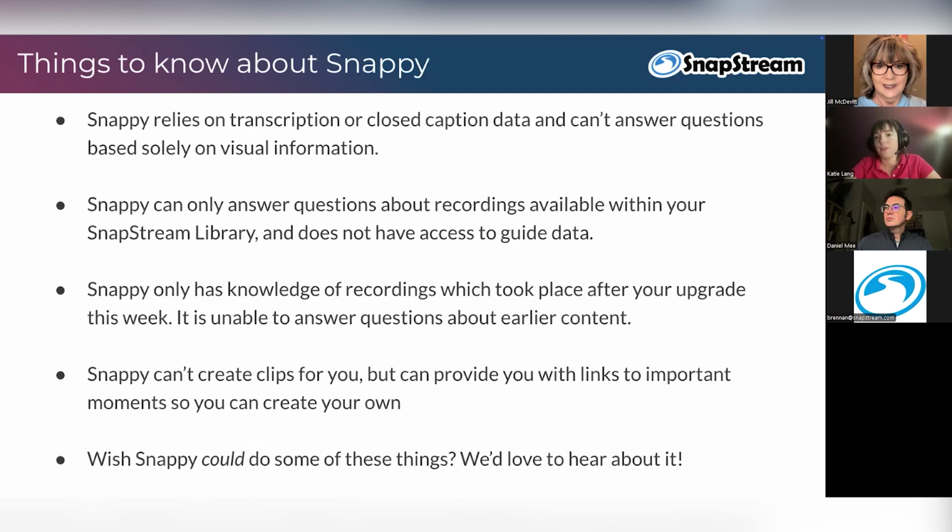So, for example, if on Wednesday you asked Snappy what happened on TV yesterday, it wouldn't have been able to give you a very good answer because it didn't know what happened on TV yesterday. If you ask it that same question today, it will probably be able to give you a better answer because now it has knowledge of what happened yesterday, which was Wednesday. As we go on in this beta, which is going to run for 12 weeks, Snappy is going to build a larger and larger knowledge base of the content and will be able to provide better and better answers to your questions.